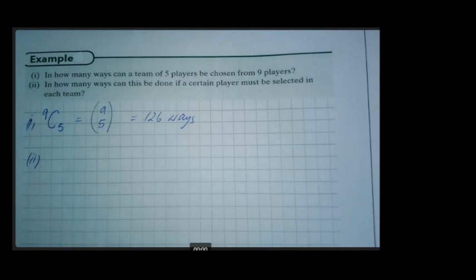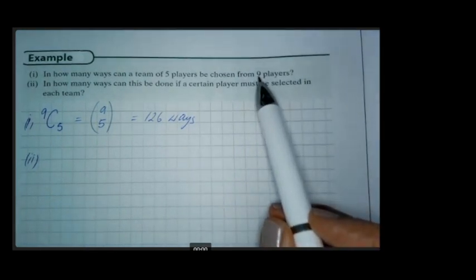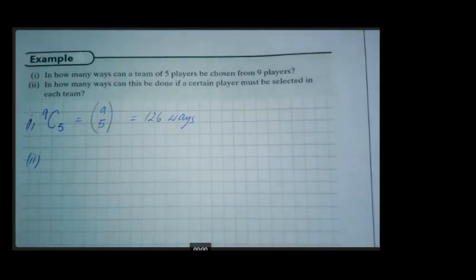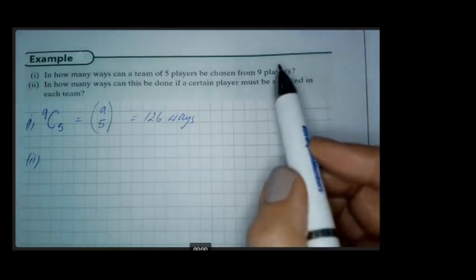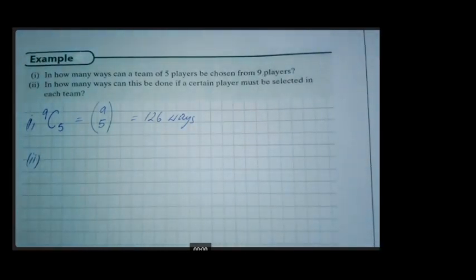So if you know that a player must be on your team of 5, you now only need to choose 4 other players. And since that certain player must be on it, and is obviously one of the 9 players, he now is out of the selection for the remaining 4 on the team. So you only now have to choose 4 players, the other 4 on the team, because he is on the team, out of 8 in total to choose from. So this is